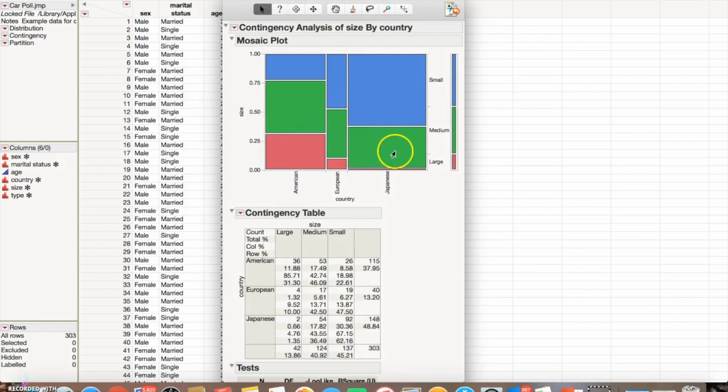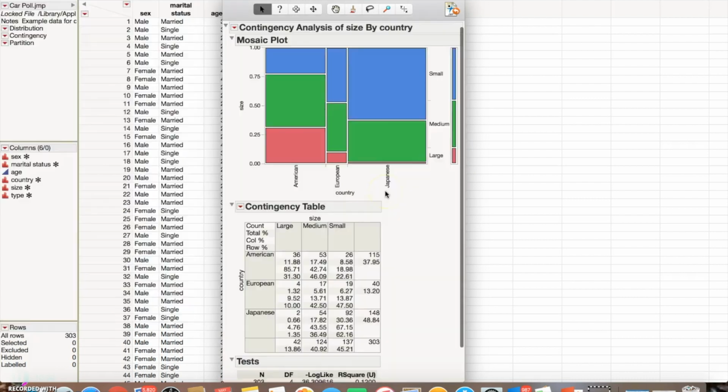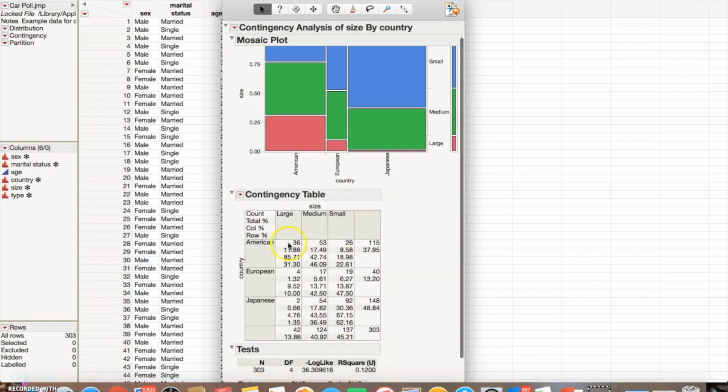And this mosaic plot shows up, and it's showing these different blocks. As you can see here, this one is really tiny, and it's showing that there are very few Japanese cars that are large. So we're going to go to this contingency table, and this is giving actual numbers for what you see in